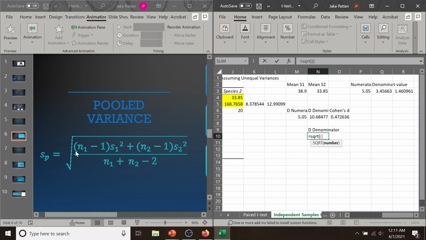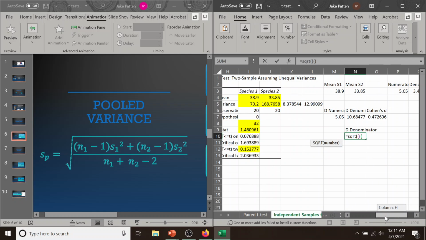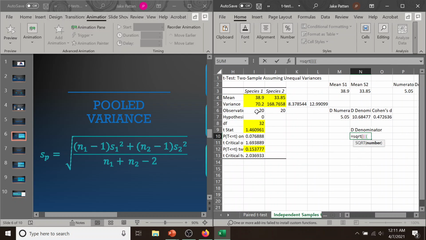And now I'm going to put the bracket that's actually here, n1 minus 1. Well, n1 we can get from our output right here. It's just in cell I6, so that's great. And we're going to say minus 1. And then we're going to multiply that by the variance for group 1. So there we go. And now we're going to add